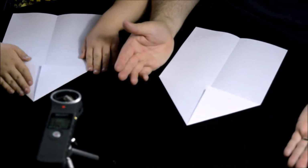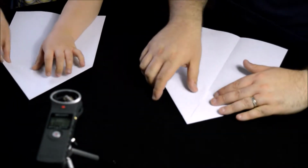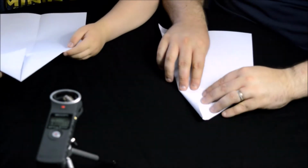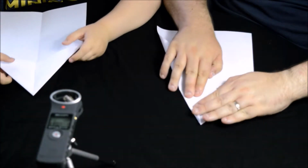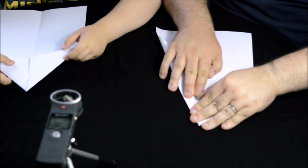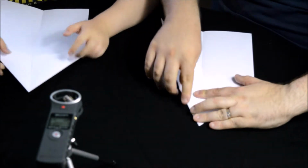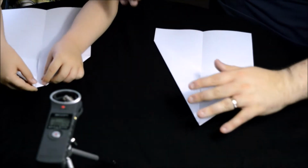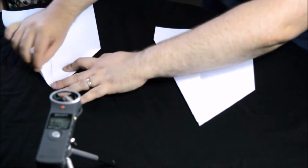Now what do we do next? Can you remember? Fold these. Fold it over again, that's right. Meet it in the middle. Fold it over. Yeah. Give it a go. One like that. Let me help you. That. Fold